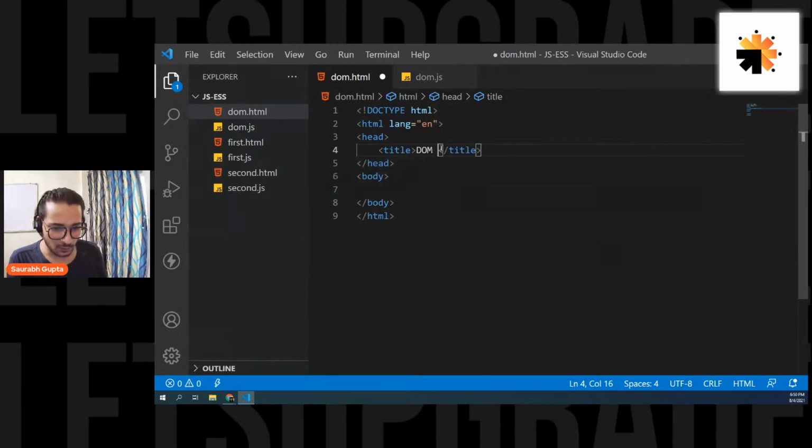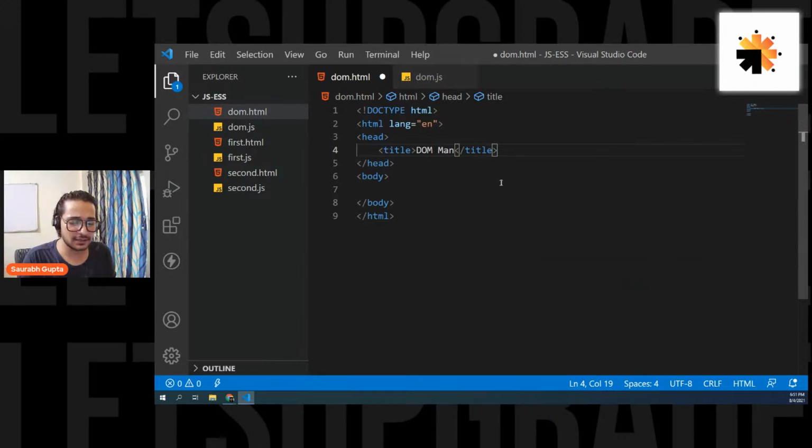Sir, if I want to access a property only in the 0th position of an array, not all properties? If you want to access only one, you can simply write product of 0. Then don't use the loop. Or if you want the loop, but you want to access the name only for the 0th object, then use a condition. If i is 0, that means if the index is 0, then only use the name. Otherwise, don't use the name. Simple. Is it clear, Sakshi? You simply have to put an if condition and check if i is 0. That means if the index is 0, then print name. Otherwise, don't print name. And that's how you do it.